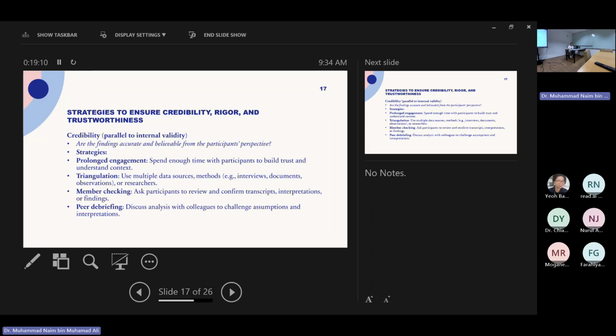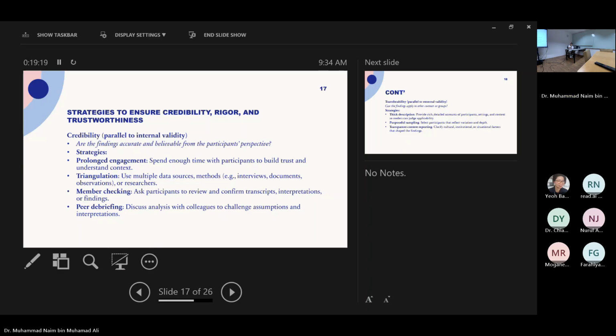However, if you do IPA, which I'm not going to touch today, because IPA is a little bit tricky and the process is a bit longer, you follow your school of thought. Who do you believe in? Braun and Clarke, Merriam, or Creswell? I followed Creswell during my studies.